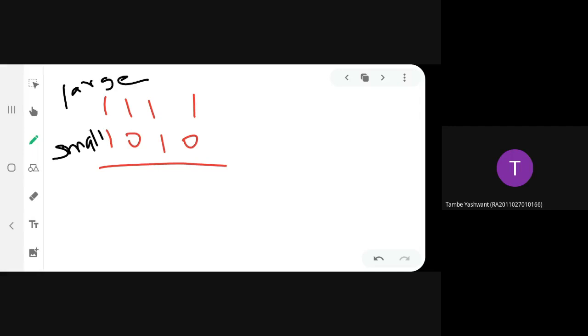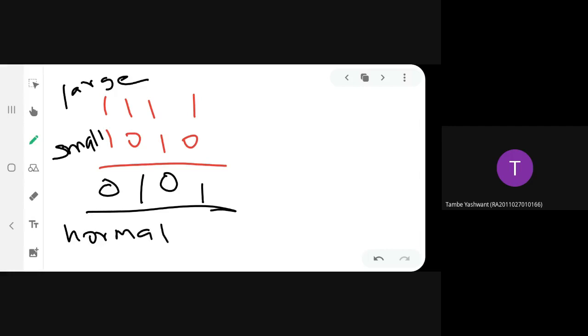Normal way of subtraction, what will be the answer? 1 minus 0 is 1 again. 1 minus 1 is 0 again. 1 minus 0 is 1 again. 1 minus 1 is 0 again. So this is the answer via the normal method. Now I will try to do it via two's complement. Same way, the upper number I will retain. I will not change it in any way. The second number, which is to be subtracted from the top one, I will convert into two's complement.